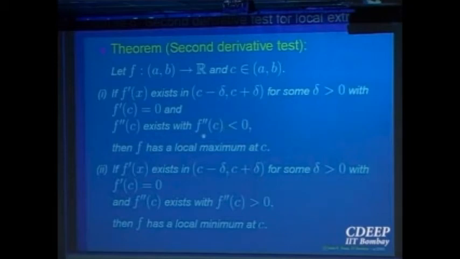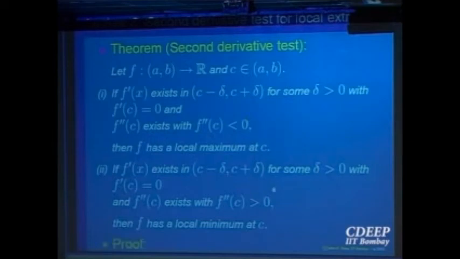So let us go to the definition of second derivative. To calculate the second derivative, I look at the first derivative in that interval and look at the ratio f prime at x minus f prime at c divided by x minus c, and take the limit, which is given to be less than 0. Right? So look at the definition of second derivative. I am forced to start the proof only this way because this is the only thing known to me. So look at what this condition means.